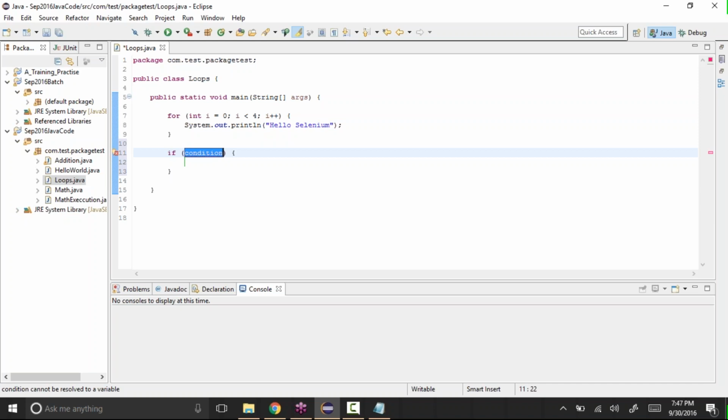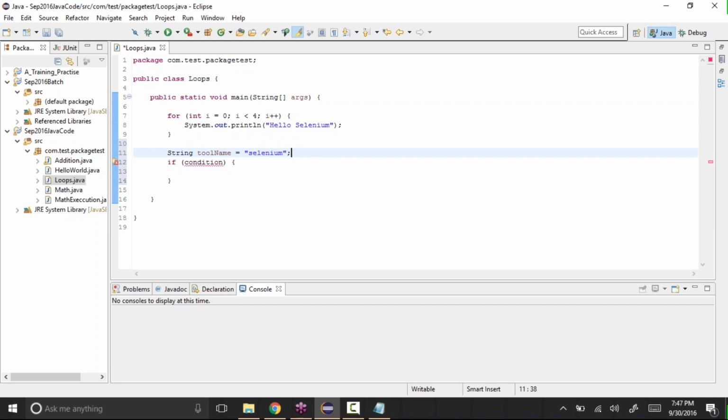For example, before that, I'll create one variable. String toolName equal to Selenium.